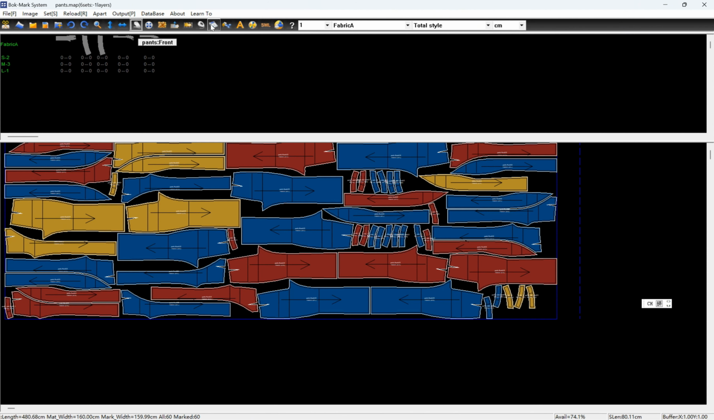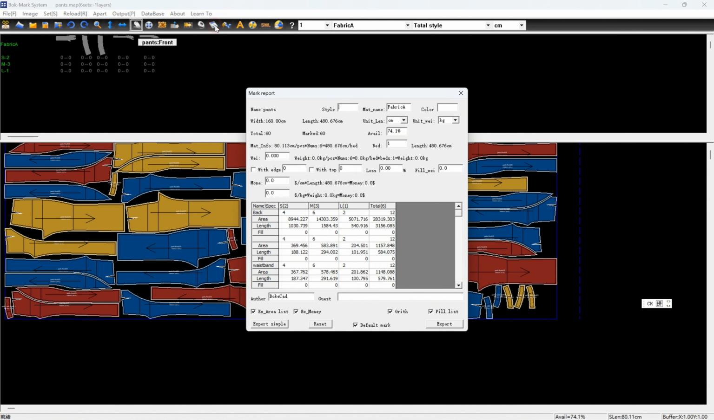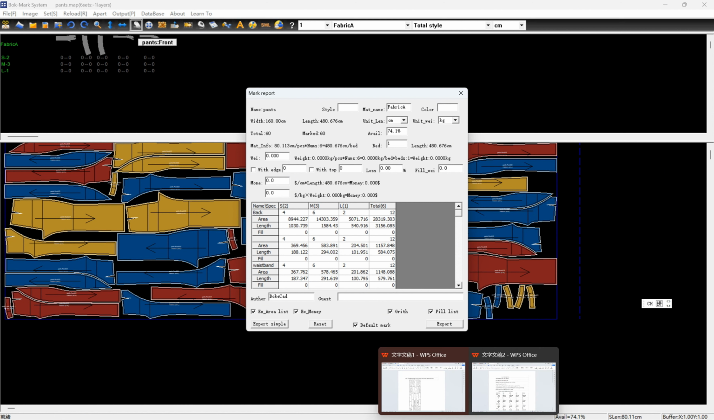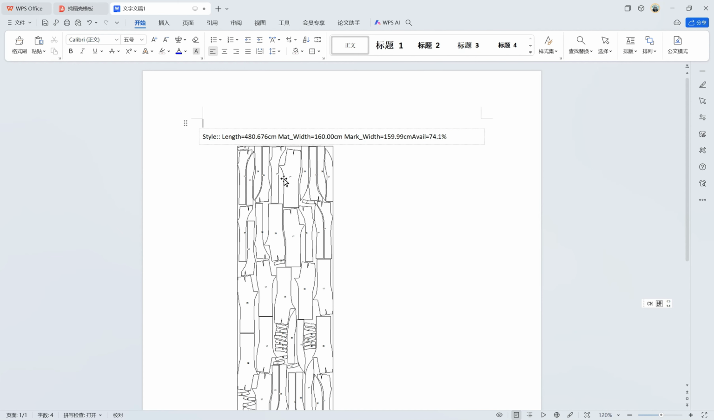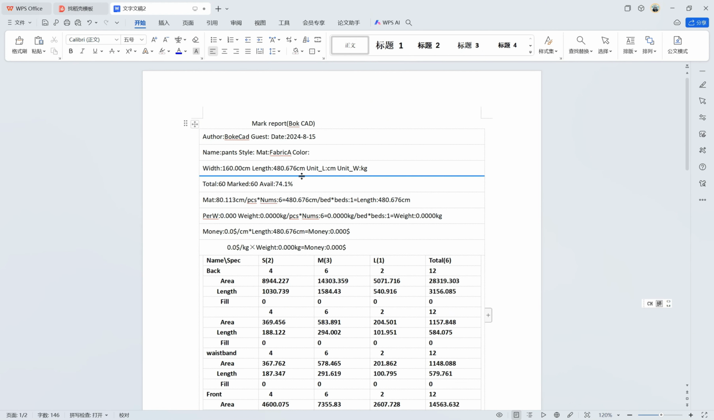You can also export the report. Click this button to generate a rate report of the marker. You can export a simple report, or you can export a complex report. Here you can see WPS is automatically opened. Now if we click here, this is the simple report of the marker, and this is the complicated report of